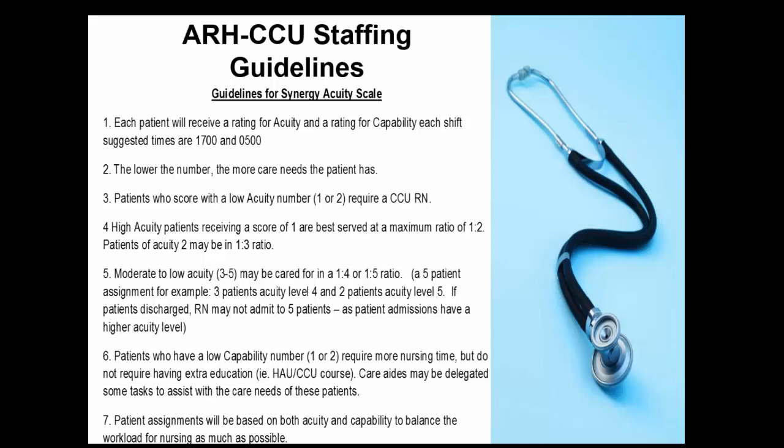High acuity patients, those patients receiving a score of 1, are best served at a maximum ratio of 1 nurse to 2 patients. So you can also establish nurse-patient ratios this way. And then some of their other guidelines also include ratios. They address capability, and then there's one that I especially like that didn't make it on the slide,